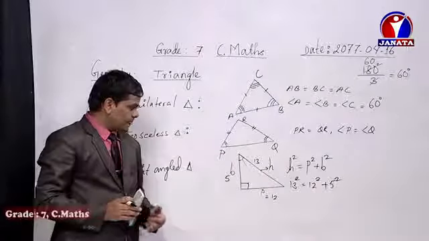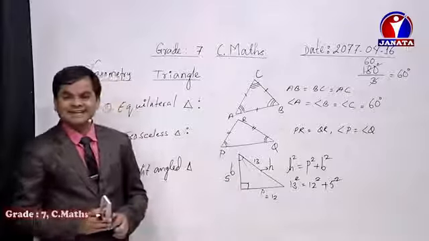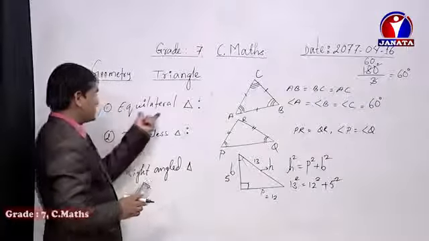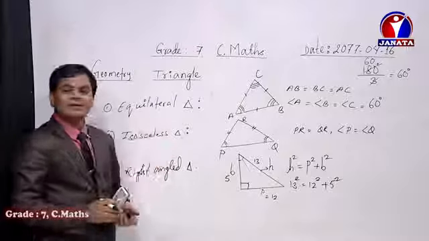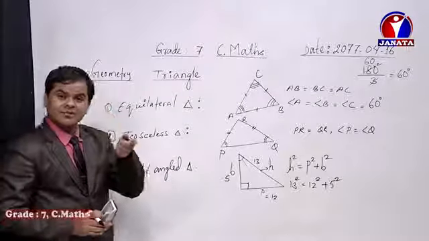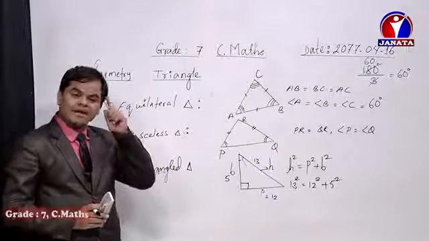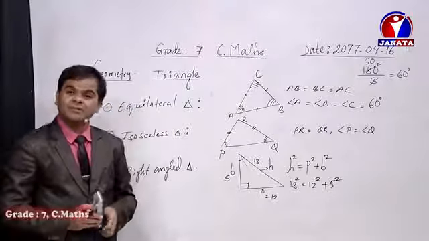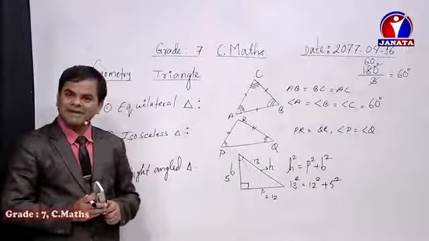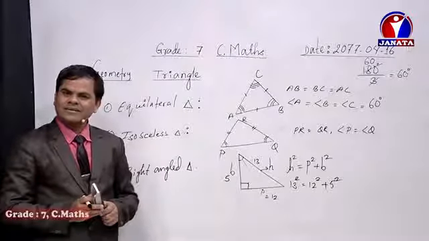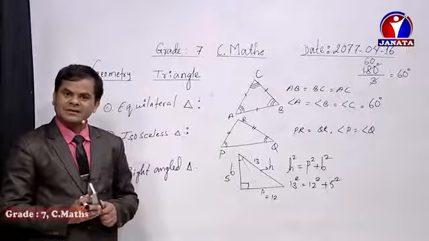And dear student, now the fourth one remains. Which one is that? Can you tell me? Equilateral triangle we have defined, isosceles triangle. Now you need to know what we mean by equilateral triangle. If somebody raises the question of equilateral triangle, visualize in mind that a triangle having all sides and all angles equal to each other is known as the equilateral triangle.